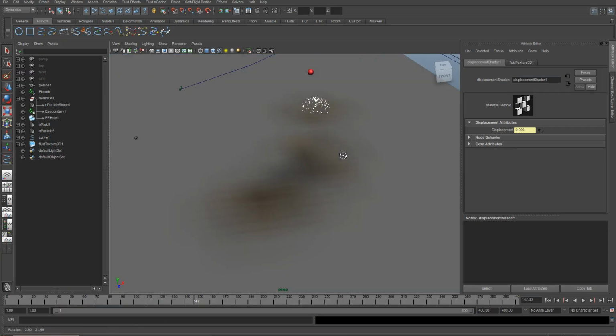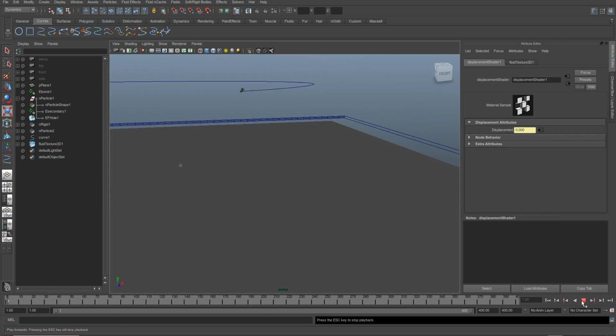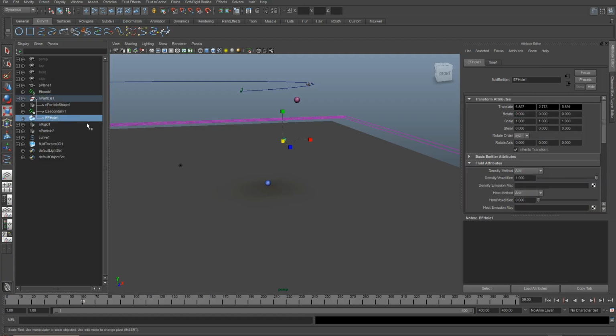The other thing is, this reaction happens, this blasting a hole in the floor, as soon as this bomb hits the floor. It's happened already, but it hasn't exploded yet. This is obviously no good for our purposes. We want this hole blasted in the floor when this explosion actually goes off, not before it goes off. So what we're going to do is go to our hole fluid emitter. So this is emitting the displacement maps and whatnot for the hole we're going to create,